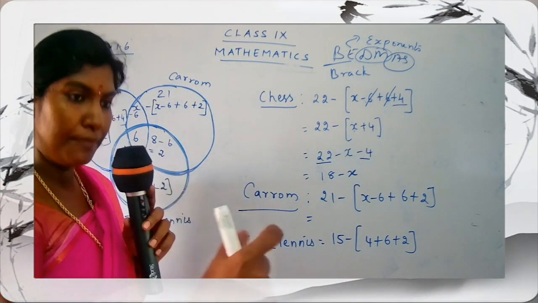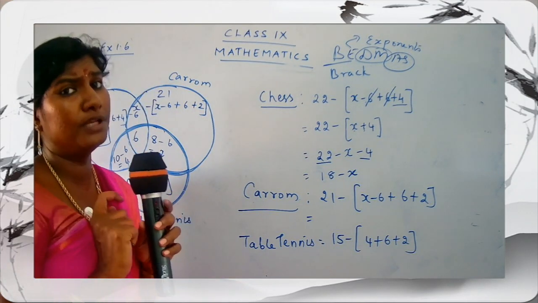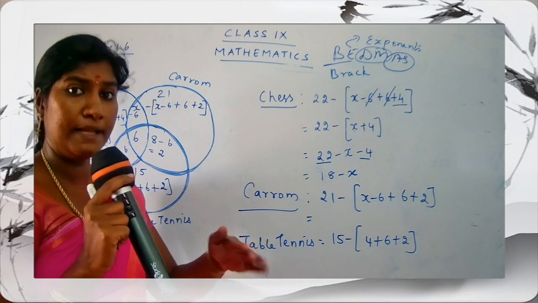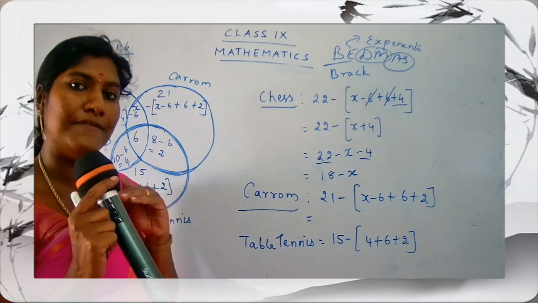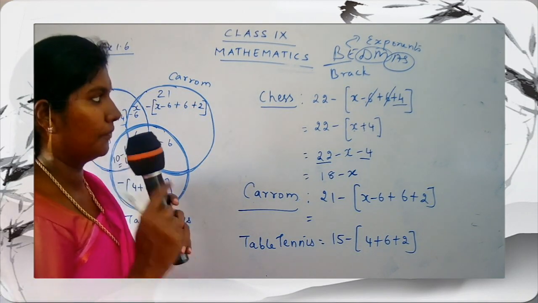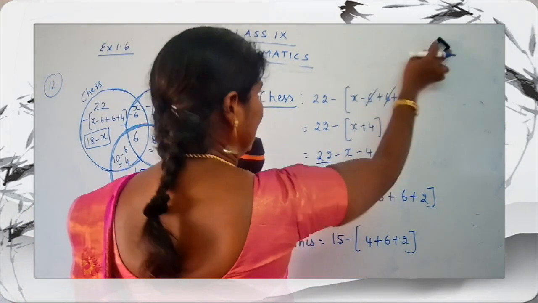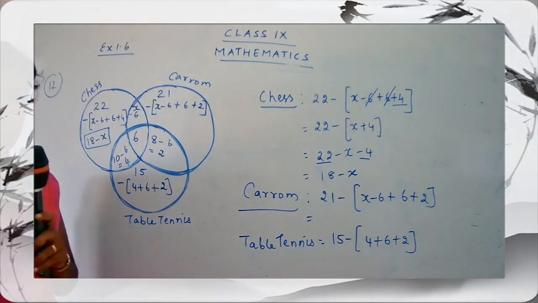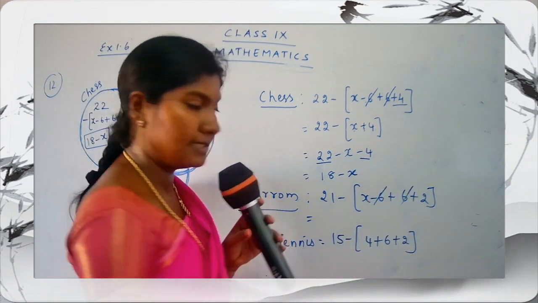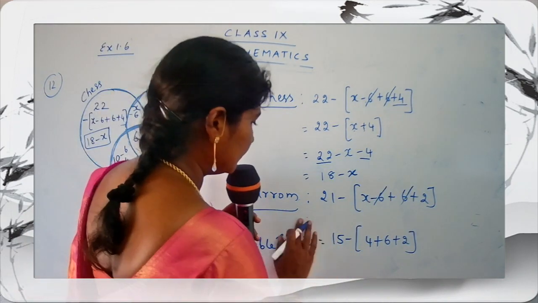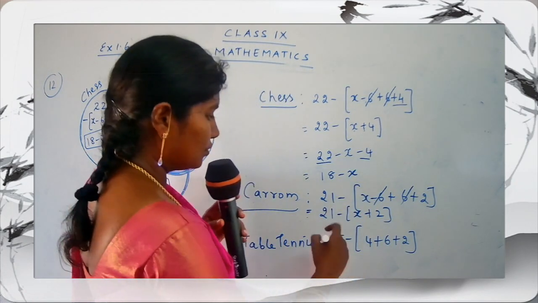If in a sum you have first addition, you have to do addition. If subtraction comes first, you have to do the subtraction. So remember that division and multiplication are same. They are having a same level, and addition and subtraction have a same level. Getting my point, children? Okay. So first of all, you are going to focus on the brackets. So complete the terms which are given in the bracket. Again here we have minus 6 plus 6 which can be cancelled. I cancelled minus 6 plus 6. So what is left here? 21 minus x plus 2. So what do you get here?